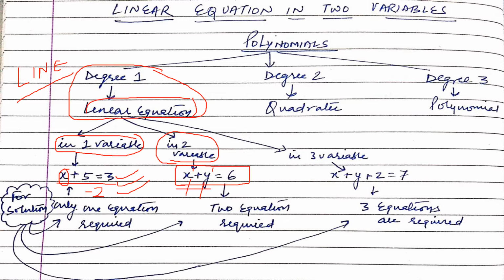So in this equation, if you try to solve x, you will get the answer as 6 minus y, which is again a variable. So this time one equation is not sufficient. To find the exact solution, you need two equations. Okay. So for this we require two equations to get the point of intersection. Now third is linear equation in three variables. This you will study in class 10th. x plus y plus z. This kind of equation is known as linear equation in three variables, or you can say p plus q plus r, something like that. Okay, understood?